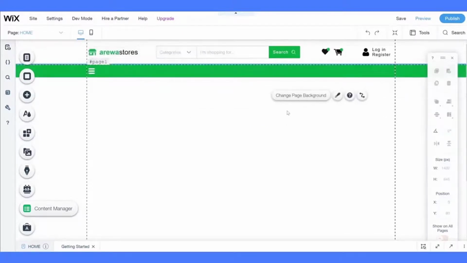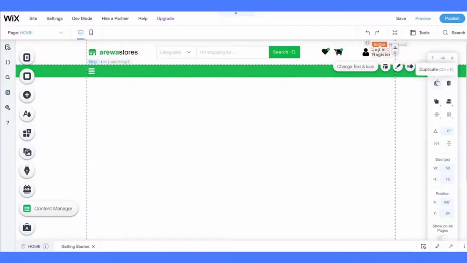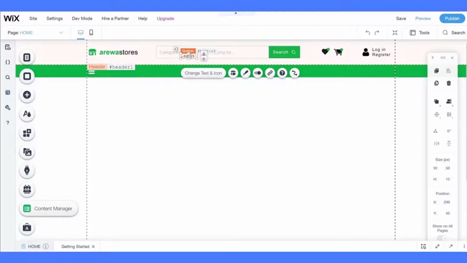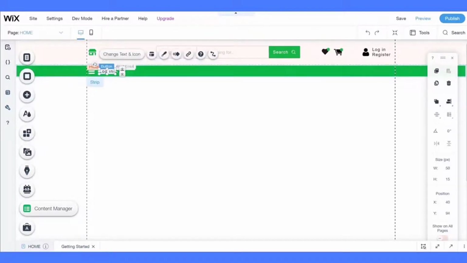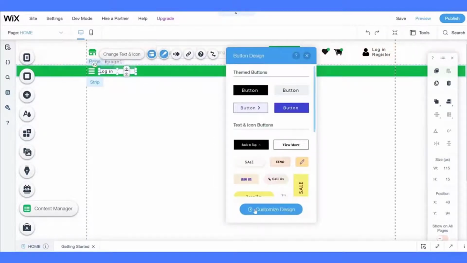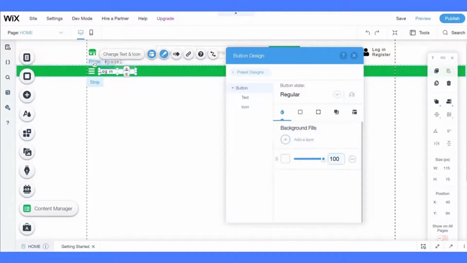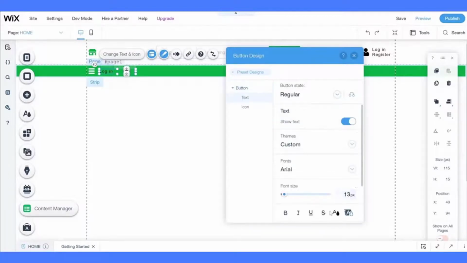Let's put it in the middle. Now, next icon we are going to create is going to be the all categories icon. I'll just duplicate this and place it here. Now we need to redesign it because the background is white, so I need to make a background of 0 transparency. Change the text color to white,